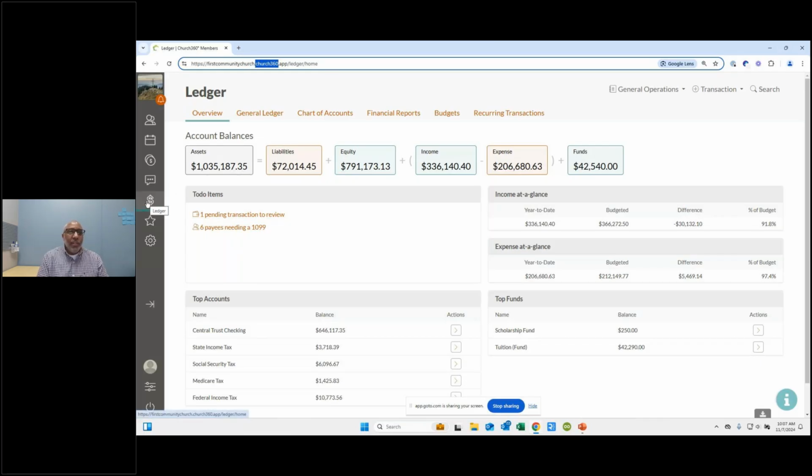So the dollar sign here on the left-hand side launches the Ledger module, and this is the screen that you'll land on. You'll land on this overview screen. There's navigation across the top, and these are the views that we're going to talk about with reporting today. There is a snapshot here on the overview. It has this account balance across the top, which is your account types at the highest level. It's always in balance. Assets equals liability plus equity. And then in parentheses, it's income minus expense and funds. And that's always,